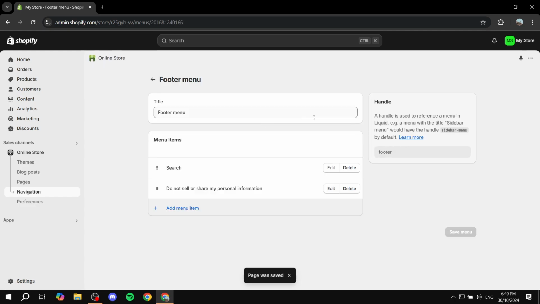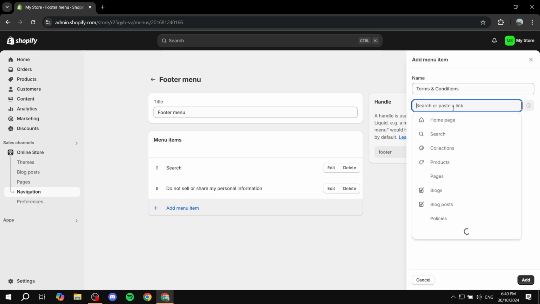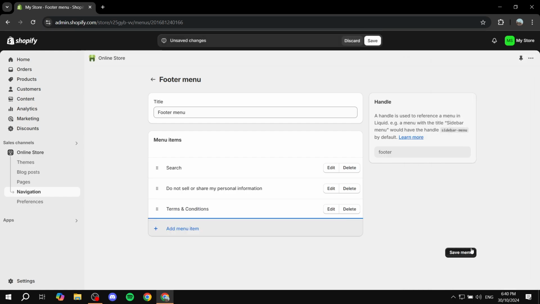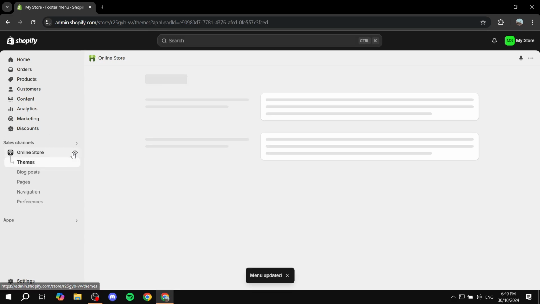And then in here, I'm just going to add the terms and conditions is what it's actually going to say. And also the page is going to be, go to insert link, pages, and then terms and conditions. Click on add and save menu. I'm just going to remove this one. Save menu. And we should be good to go. So now if we just view our online store,